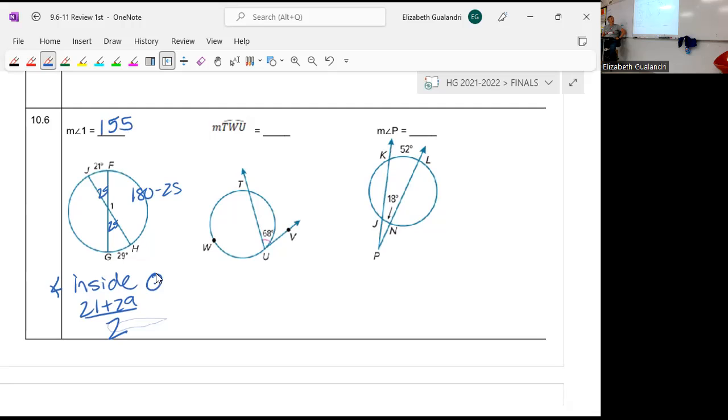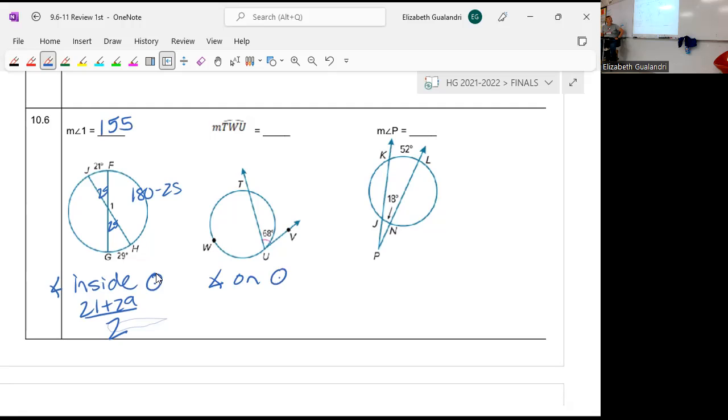Okay, but if the angle is inside the circle, you add up the two measures and divide by 2. Okay, this next one is the angle is on the circle. Right, it's the same as an inscribed angle. It's not an inscribed angle, but it's the same as an inscribed angle, where the angle is half its intercepted